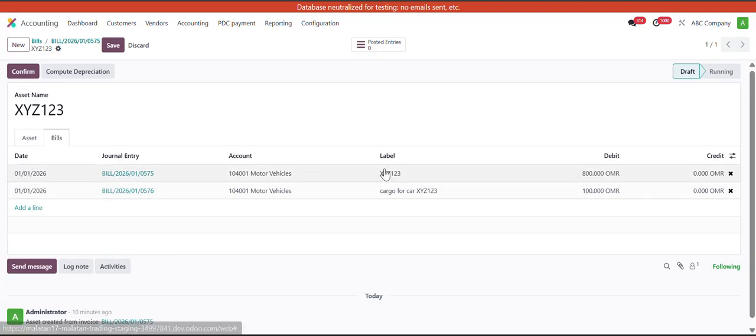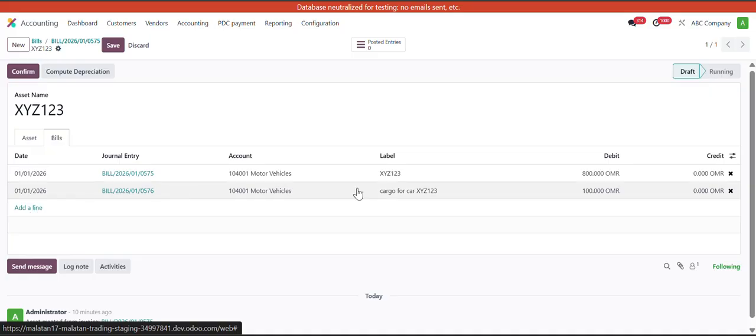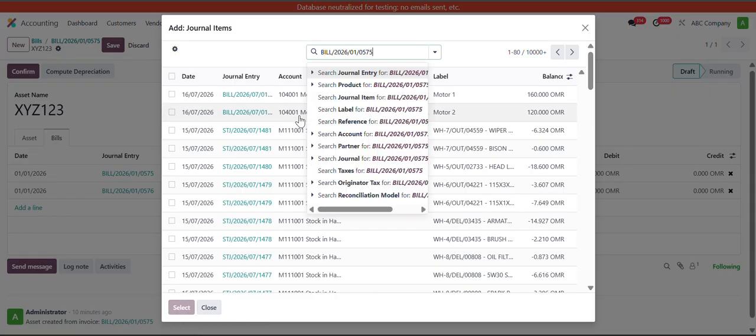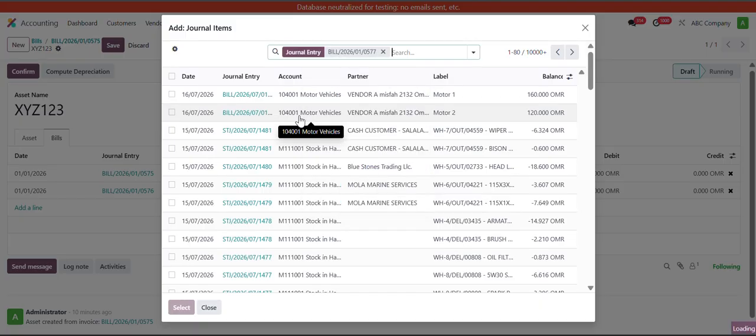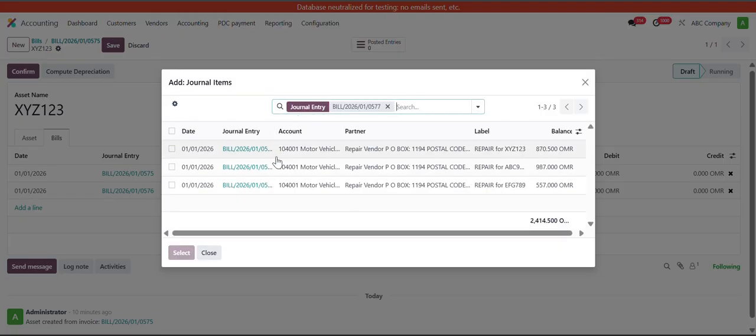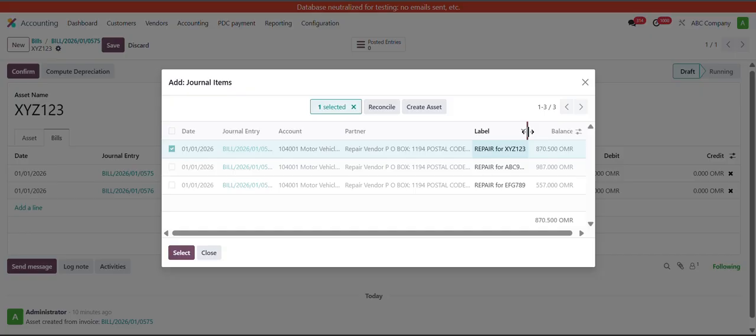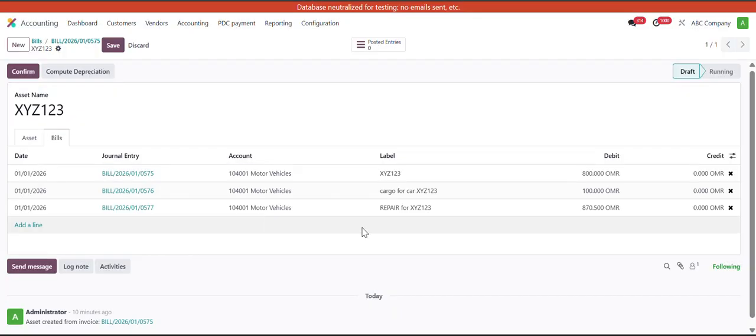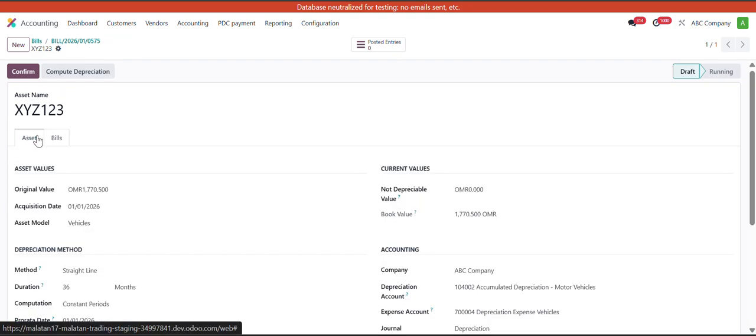And also see, I have selected the cargo for this car, and you know that this bill was from other vendor, this bill is from other vendor. Now I will select the repair work of this car also. So you can see that there are three lines, but what I will do, I will select only the relevant expense of this asset. So we will just save this one, and we will go to the main page,